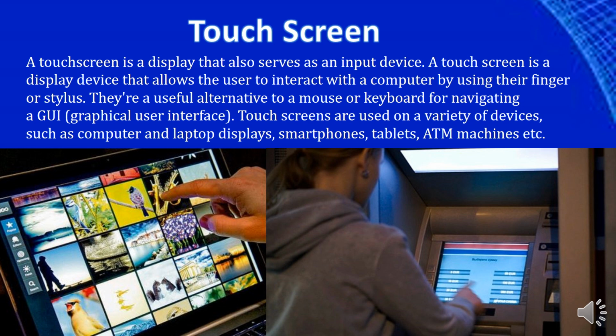They are a useful alternative to a mouse or a keyboard for navigating a graphical user interface. Touch screens are used on a variety of devices like laptops, desktops, smartphones, tablets, ATM machines, etc.